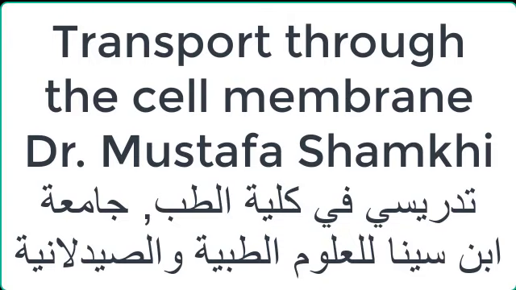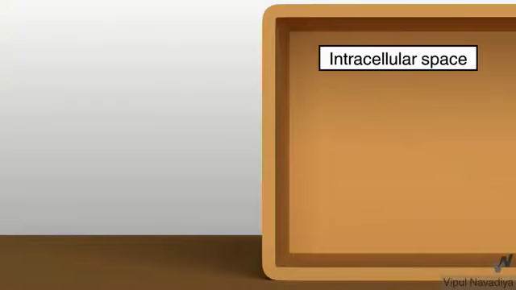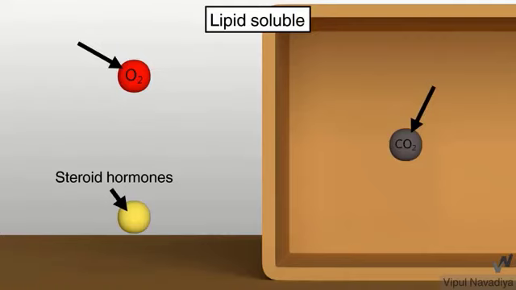In this video, this is the cell, and this is the intracellular space and extracellular space. Between these two spaces, this is the cell membrane that encloses the cell. This cell membrane is made of lipid, so lipid soluble molecules can freely and easily pass through it. For example, gases like CO2, oxygen, and steroid hormones can freely pass through this cell membrane,